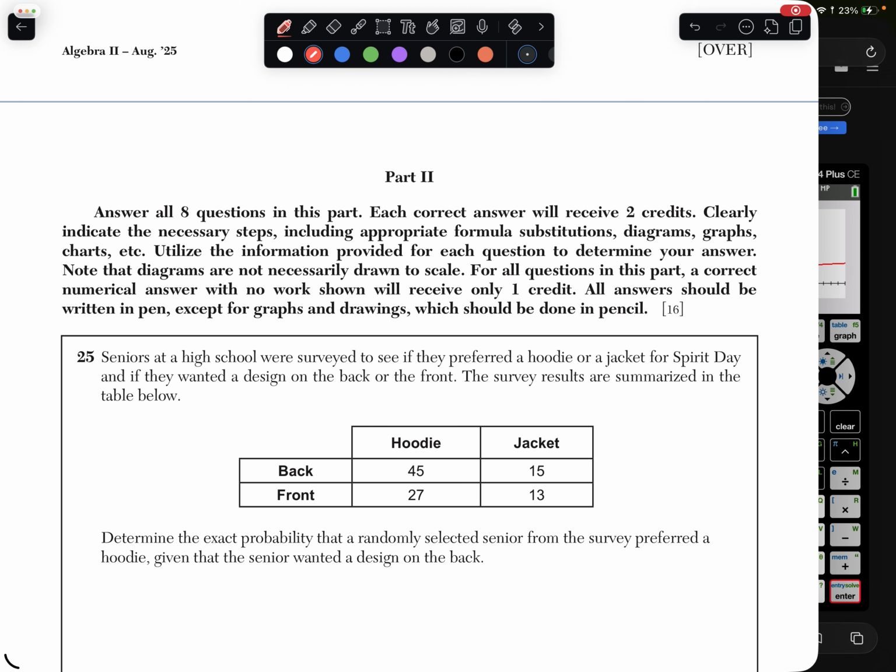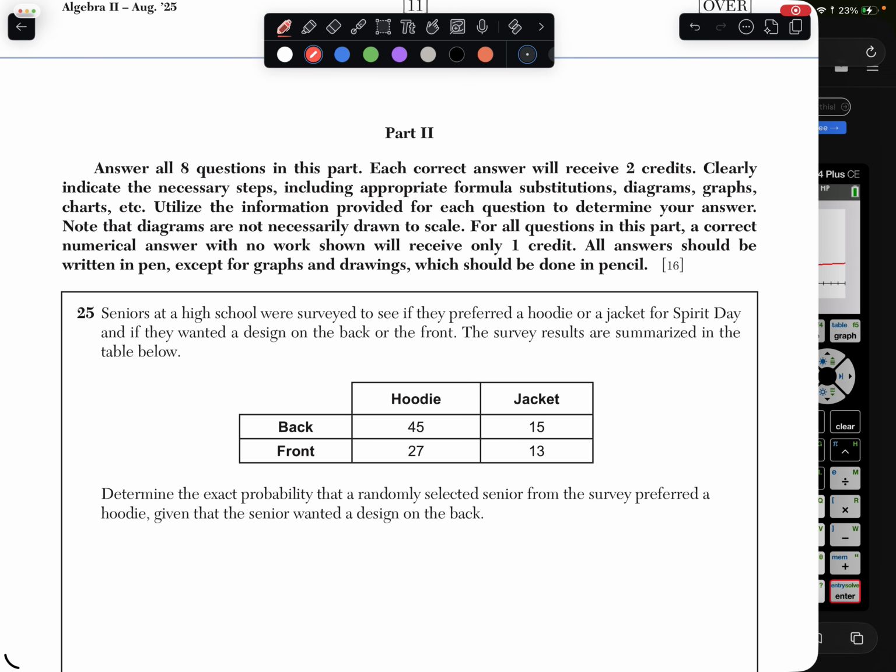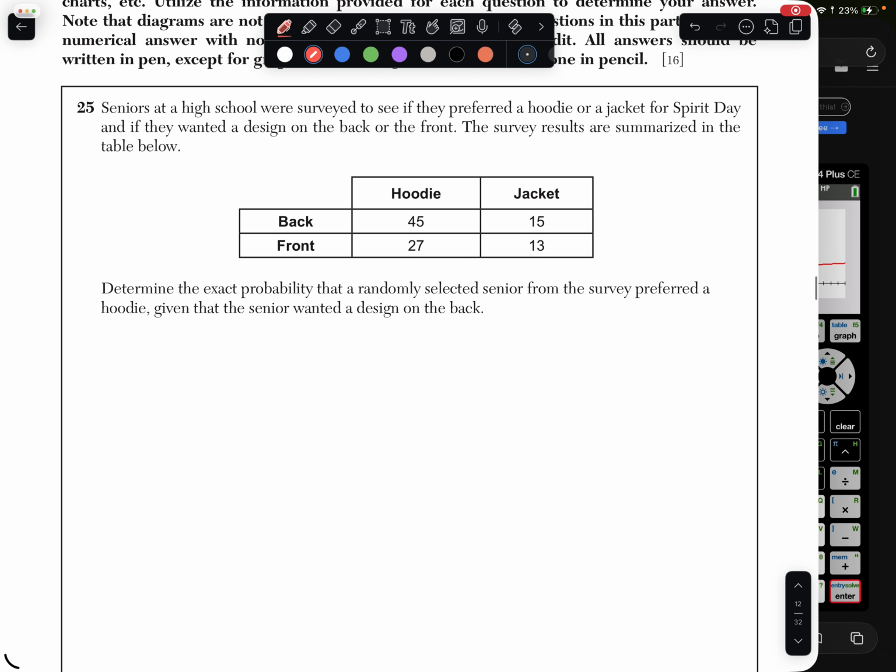Alright, number 25. Seniors at a high school were surveyed to see if they prefer a hoodie or a jacket for Spirit Day, and if they wanted a design on the back or the front. Survey results are summarized in the table below. So we have a two-way table here. Determine the exact probability that a randomly selected senior from the survey preferred a hoodie,